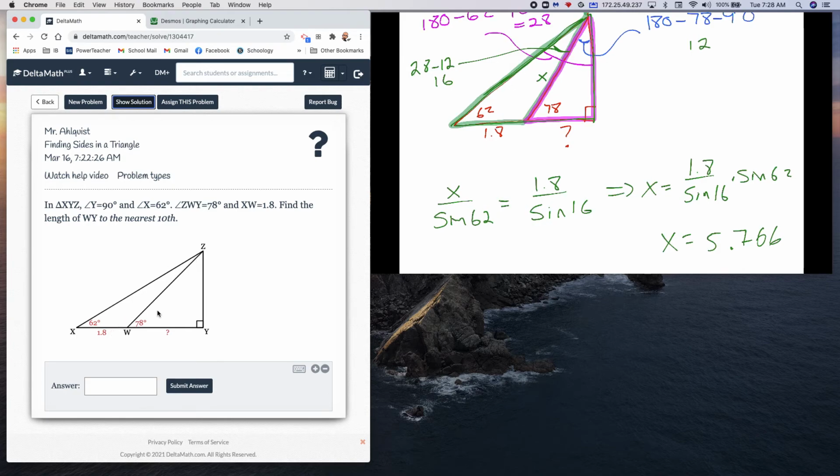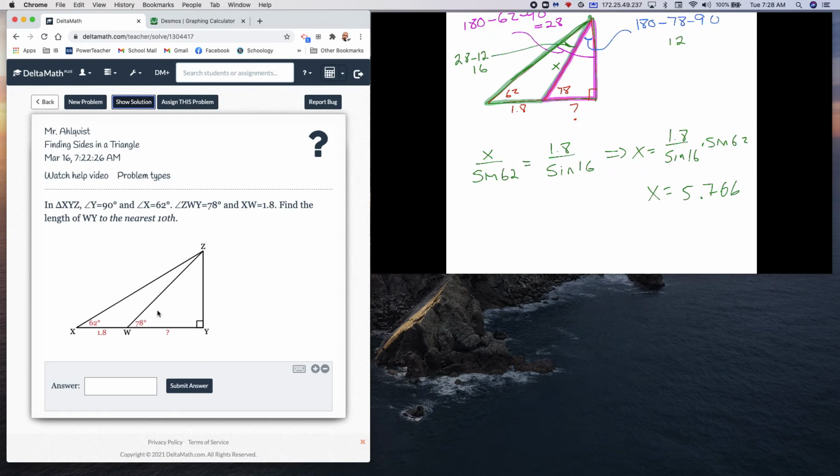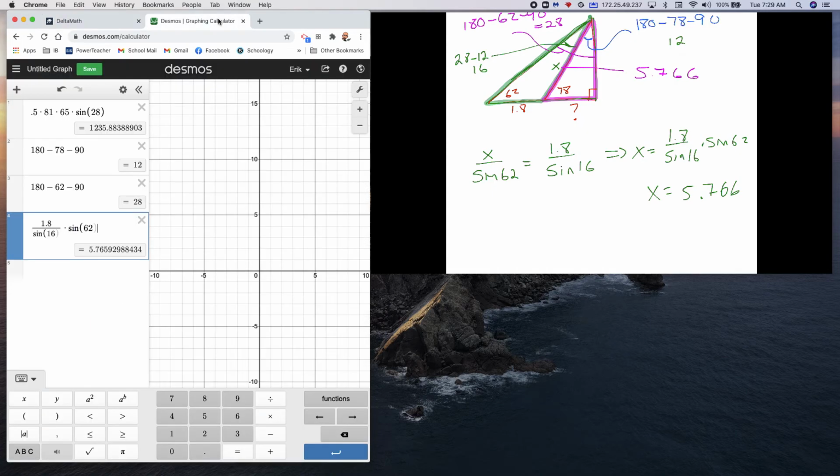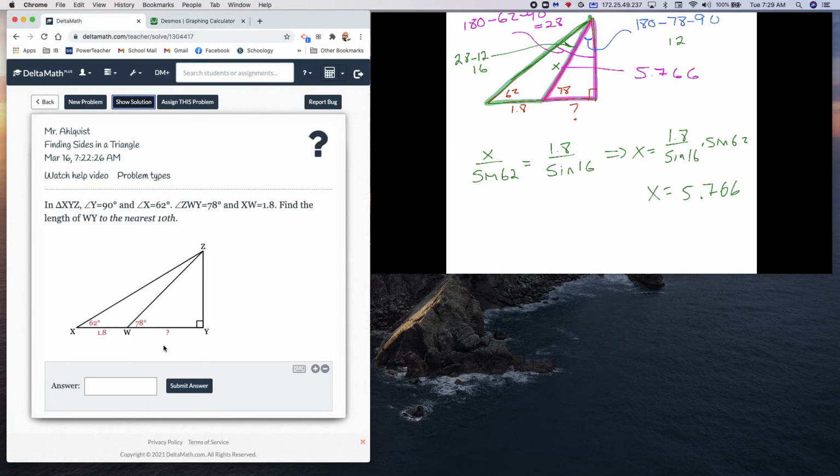So now let's look at the pink triangle. Color it in, I'll use pink. But if this side right here is 5.766, I think that's what it said, 5.766. What we can do is now we can use this pink triangle, and notice that this side is the hypotenuse. This side is the hypotenuse. This side is the adjacent. And we could use regular sine, cosine, tangent. We could say that the